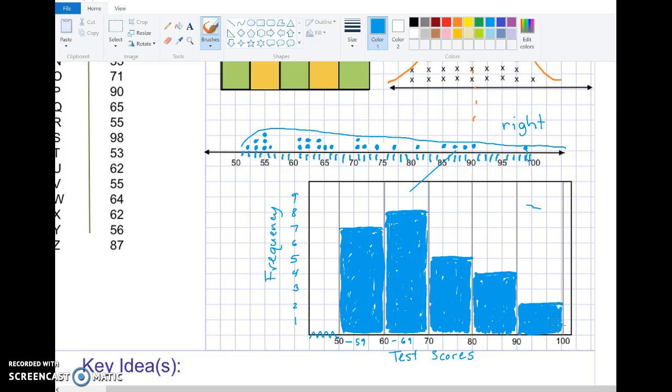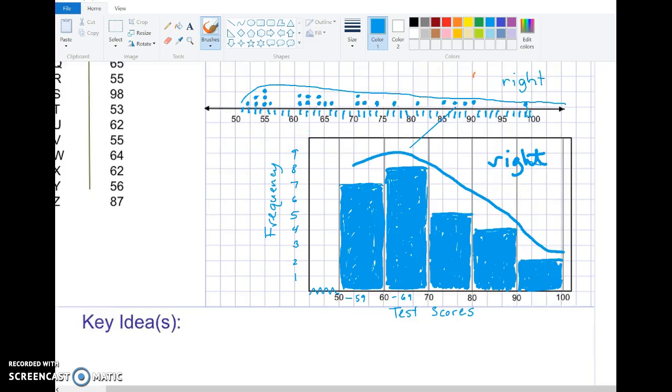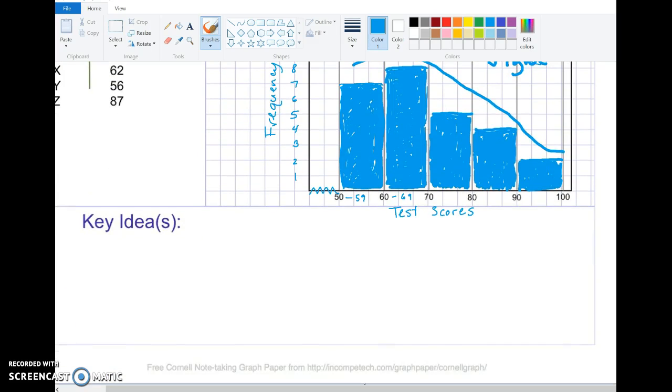Okay? So again, you can see that this is skewed. It's skewed right, the same as it was in the dot plot. You can see that the tail comes down, and so it's skewed right. And that's how we describe our data, okay? And then we can make